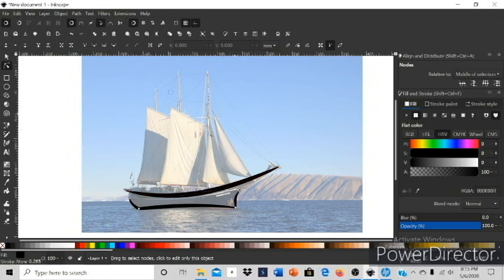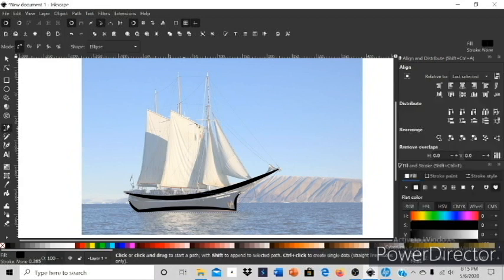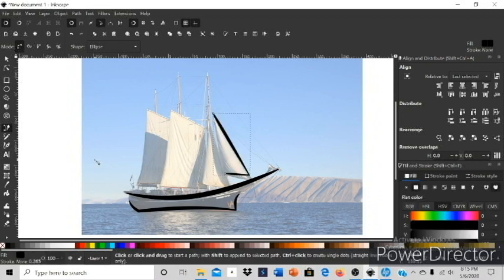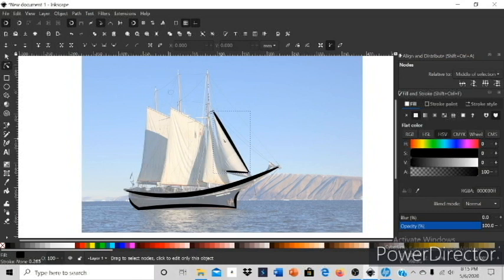Okay, now we have to create these sails on the boat, and then you select this same tool and start making the sails. One point, second one, and the third one at the edge of this sail. Click enter, and remember this is only a rough drawing. It doesn't have to be precise. Okay, next you just curve these by the same tool, a bit inwards, this one a bit outwards,